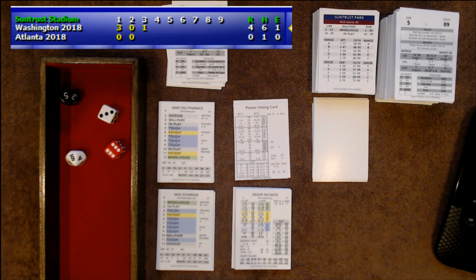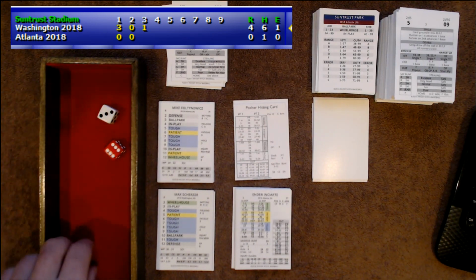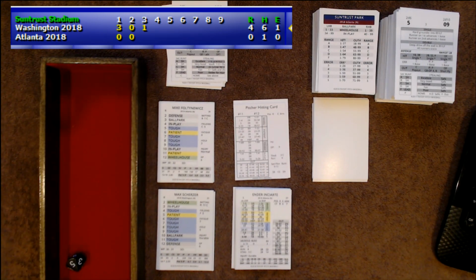That is a 9. Tough 56. That's going to be on a range. It's going to be a grounder to the pitcher. They're going to try for the double play here. And it's going to be a 5 and a 6. So 5 or less, it'll be a double play. That is not a double play. So the run will score. And that is actually higher than both ratings.